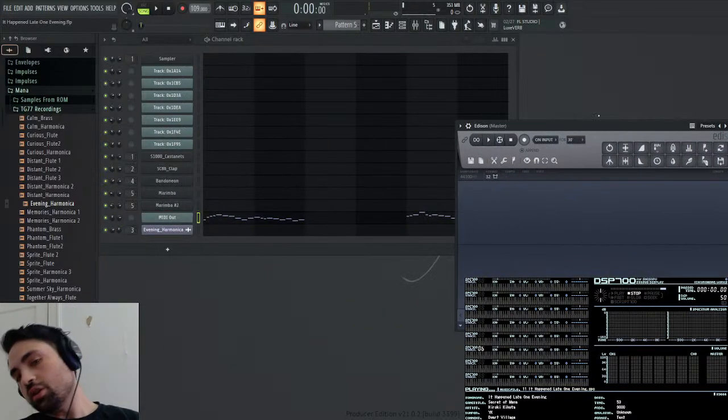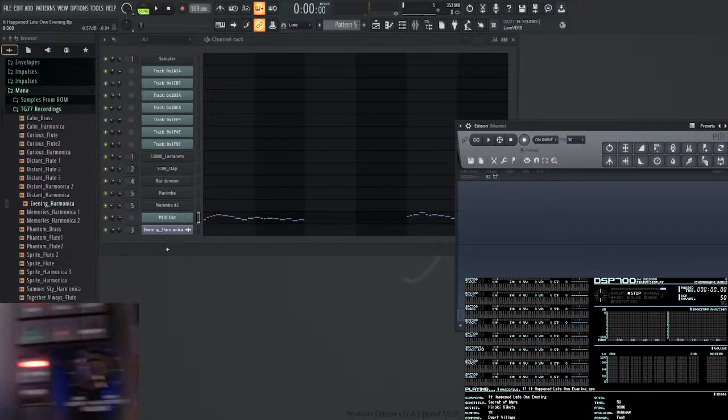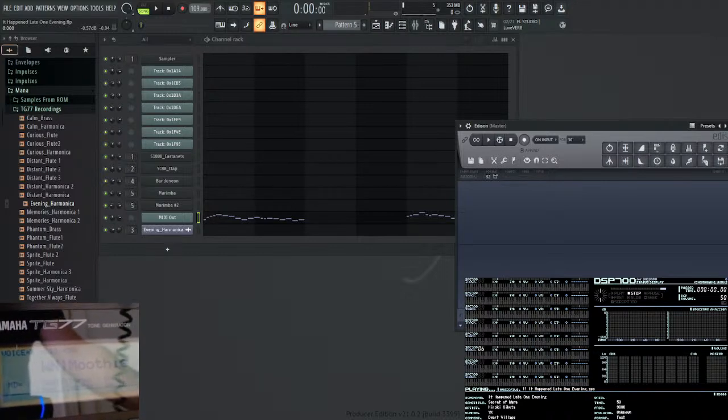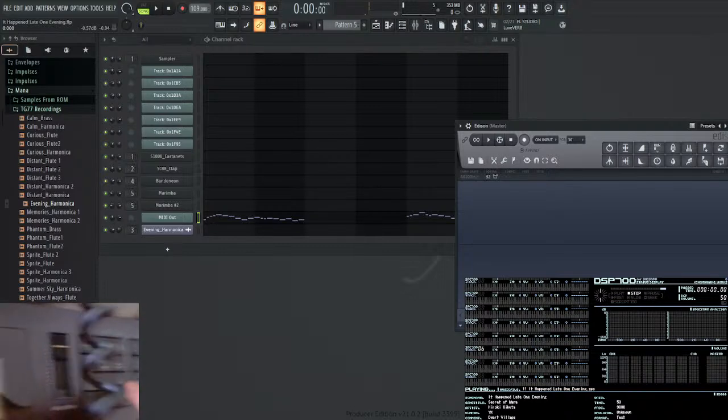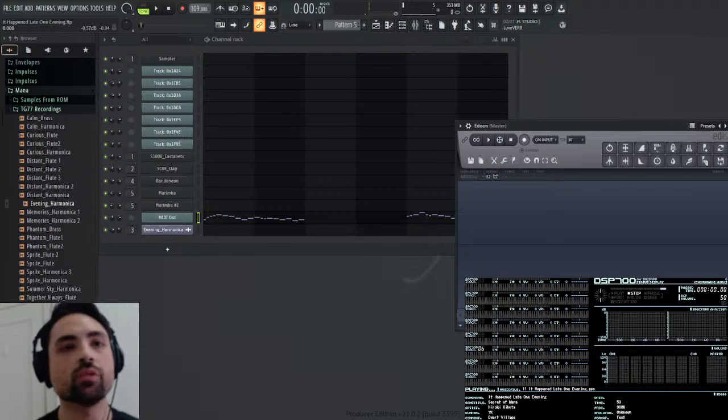Oh, I have to switch to the flute too. So I have to switch the TG77. I have FX bypass on. And let's see, now we have selected the Muthi patch, which is the harmonica. Now we have to go to the flute. Just push the button twice. Of course, my camera is terrible at focus, so. There we go.